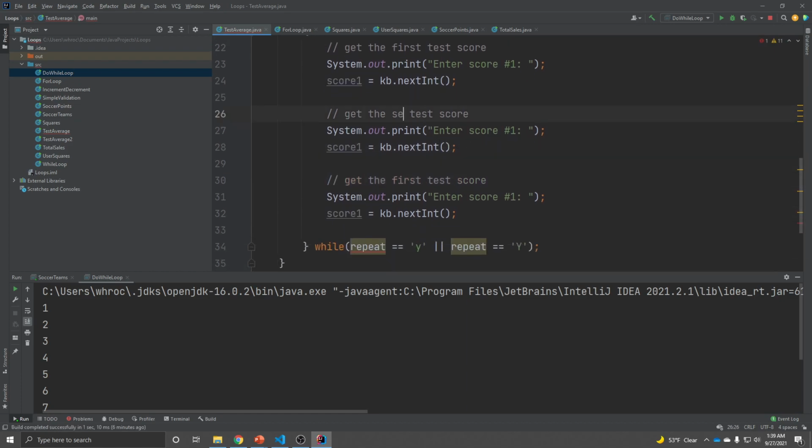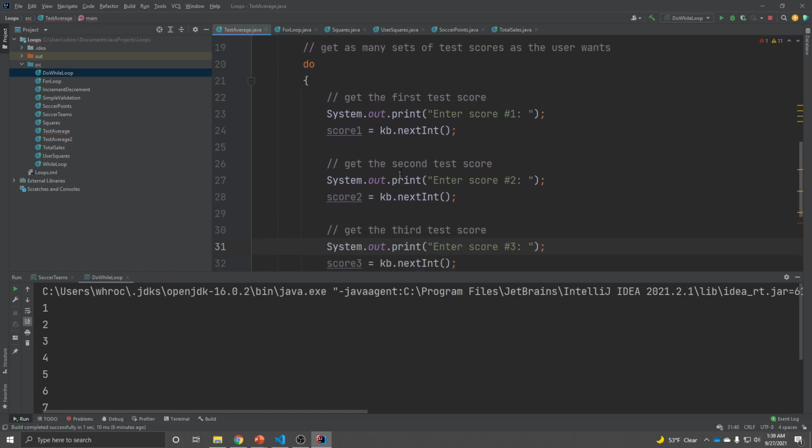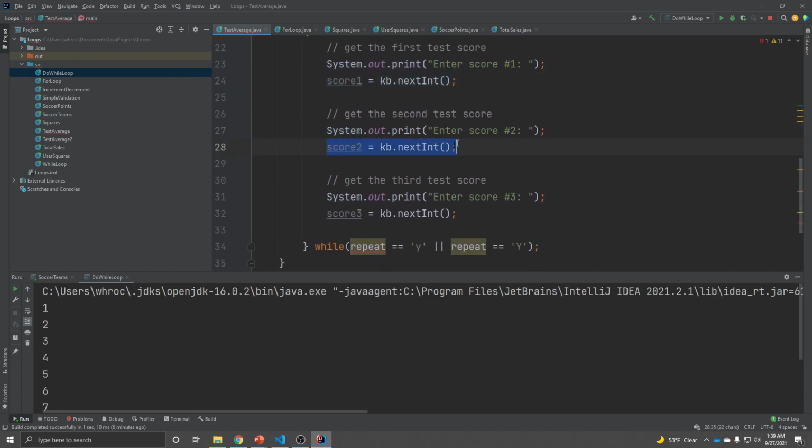All right, so here I want to get the second score. I'll change my message to say enter score number 2. And I'll make sure that's my score 2 variable. Here I'm going to change this to 3s. And we're good to go. So we have messages asking the user for input. We're storing their input in these variables. Then we can calculate the average,